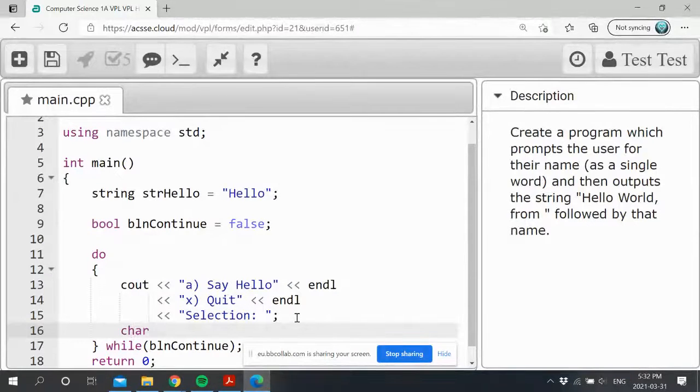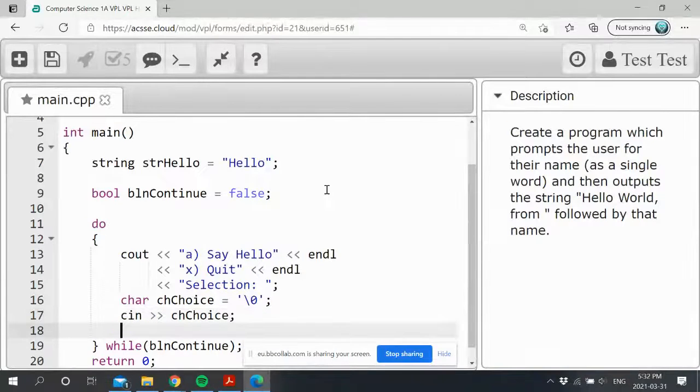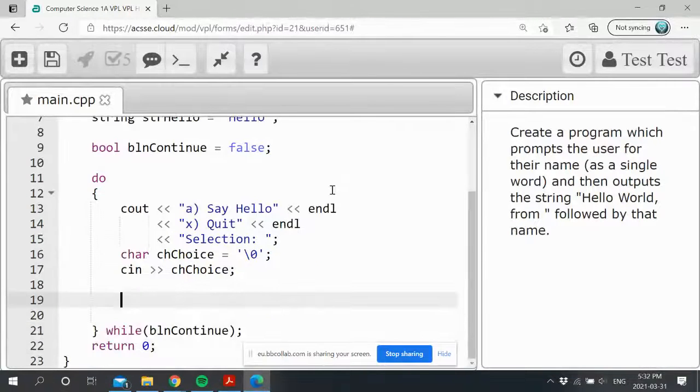Store our value in a character, and then read into it, and then do stuff with it. So in this case, it's not even worth doing a switch statement because it's so short. So if